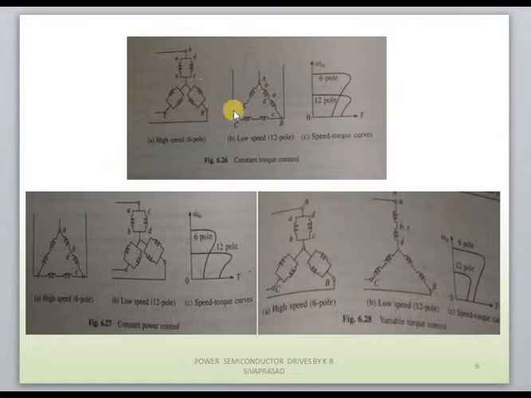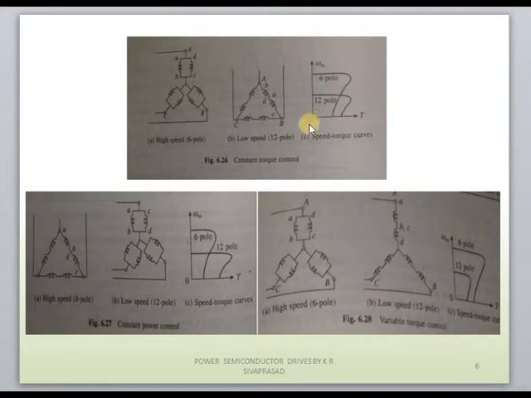This is for 3-phase. If you consider 3-phase here, star connection and delta connection are possible. If you connect AB and DC like this, by short-circuiting A and D and B and C, the overall 3-phase windings will be in star connection, and it will produce a high-speed 6-pole. Similarly, if you connect a delta type, that means A and D are short-circuited, B is connected to phase A and C is connected to phase B. If you form a delta connection like this, then it will create a 12-pole low-speed machine. With that we can see here the first diagram is high speed and the second diagram is low speed.